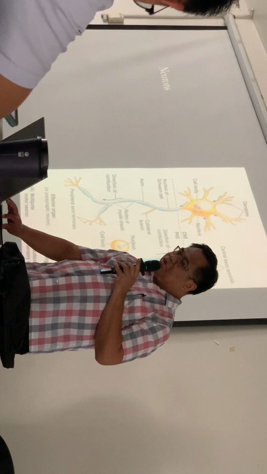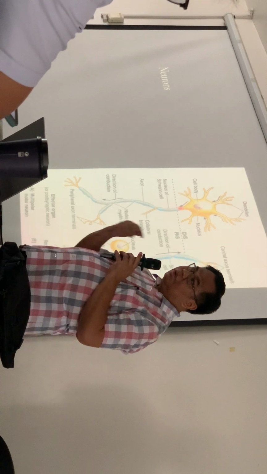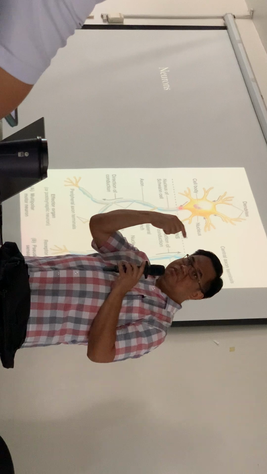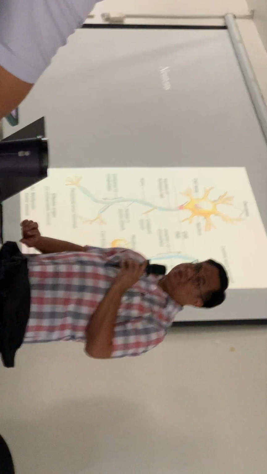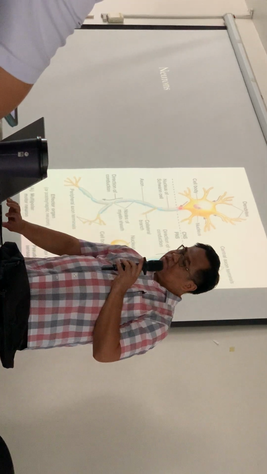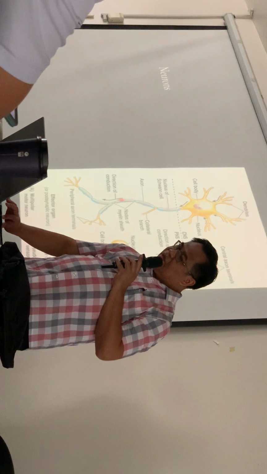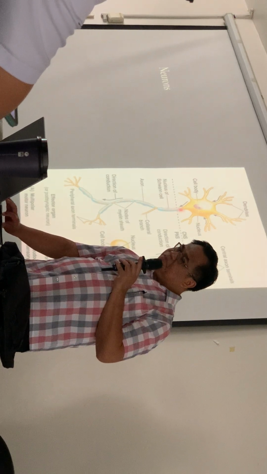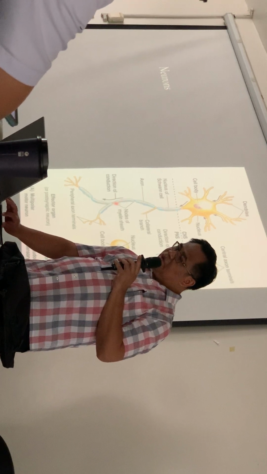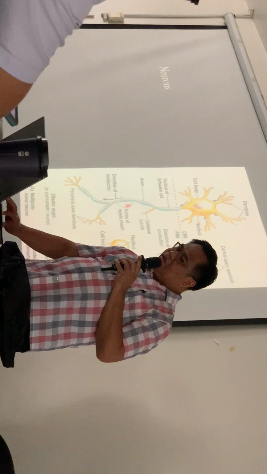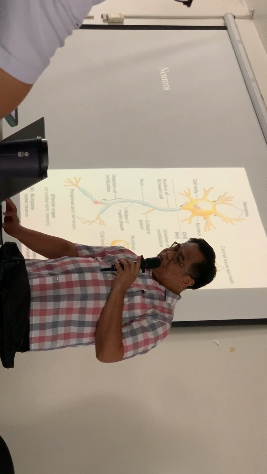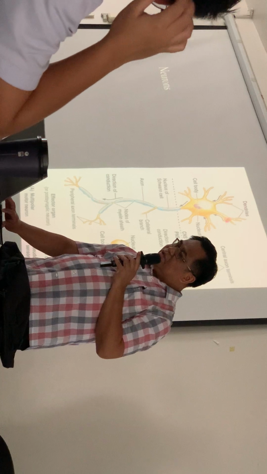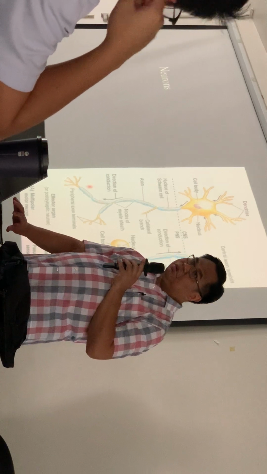For example, the motor neurons in our frontal lobe can send their axons down into the spinal cord. So that's a long distance away. So the axon can be very long. And the axon can span from the brain down to the peripheral nervous system. So it can be a very long process. Okay? So that's a typical motor neuron.